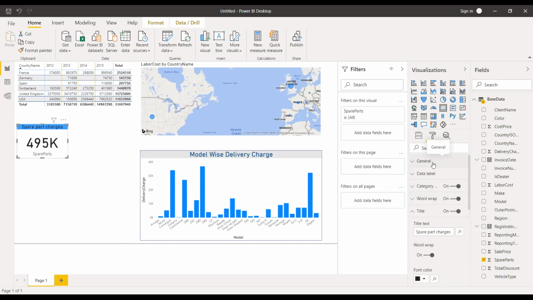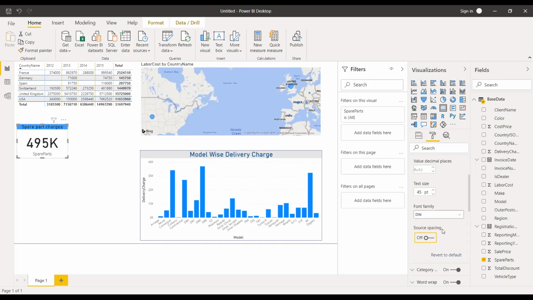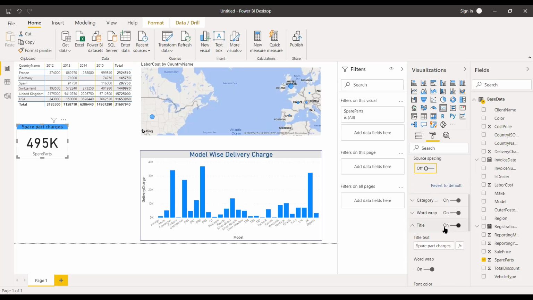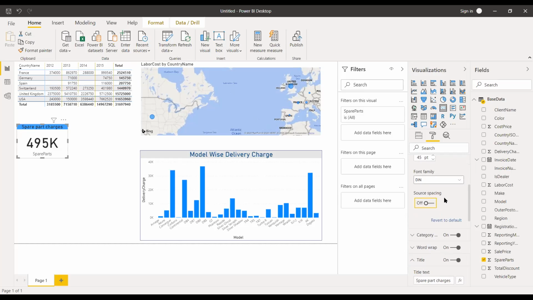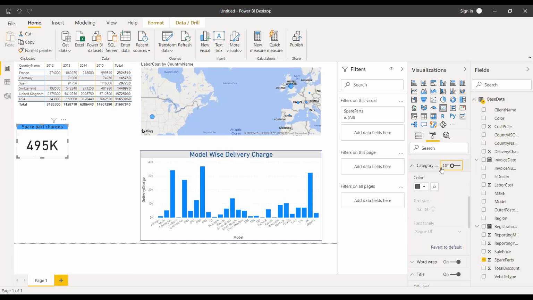X label, I will change the X label. Why are the X labels to be changed? Because this spare part should be eliminated. Data labels, auto display, categories. Yeah, the category is off. The category is removed from the bottom of this card and the heading is shown.